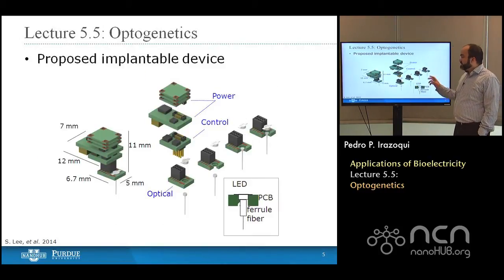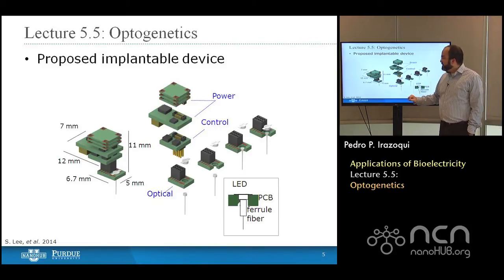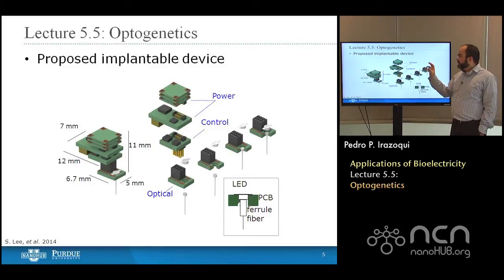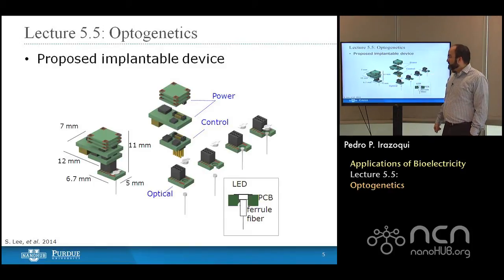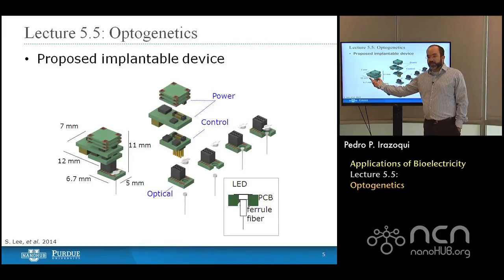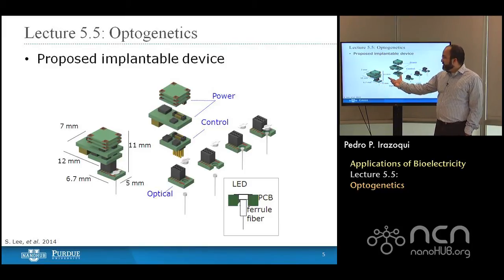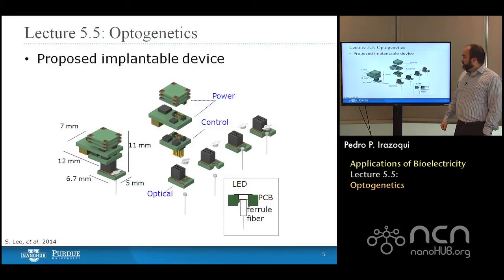So this is a device developed by a PhD candidate at Purdue named Stephen Lee that incorporates a number of different technologies that we have talked about in the last few lectures into a single device. It has a height of about 1 centimeter, a depth of about 1 centimeter, and a width of about 1 centimeter. So it's more or less 1 centimeter cubed. It's a little bit smaller than that. But think of that as a small die, right? So you have a device of about that size, which can be divided up into a series of portions.